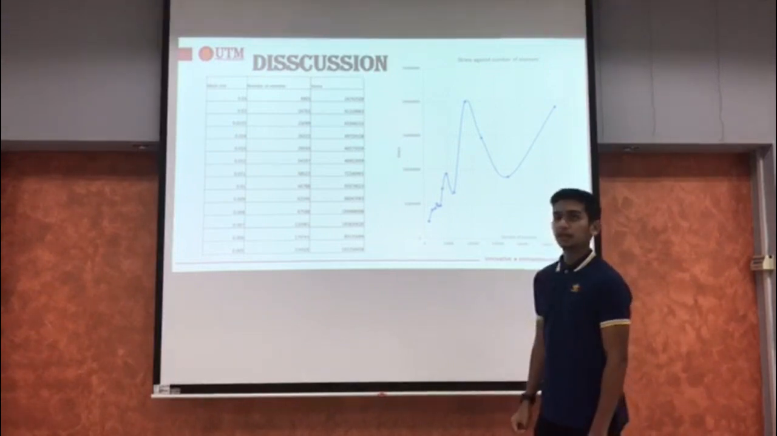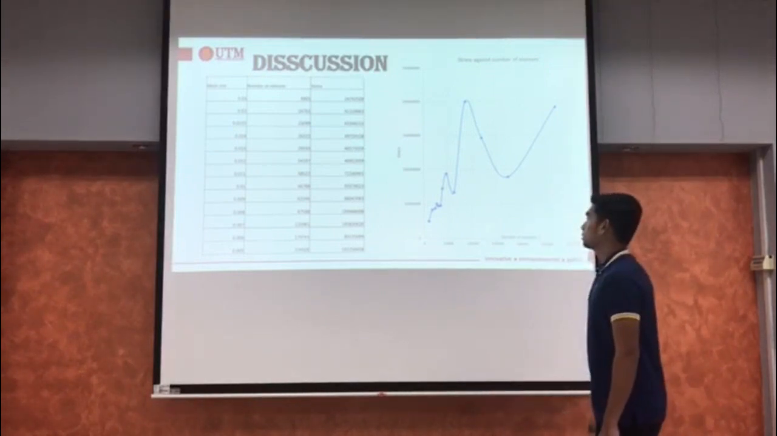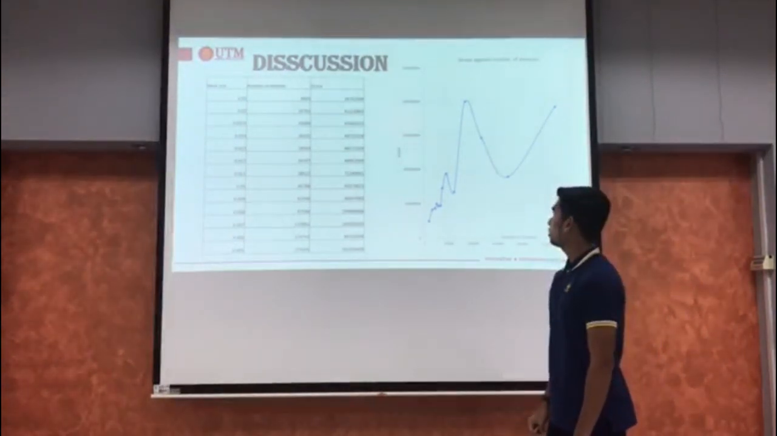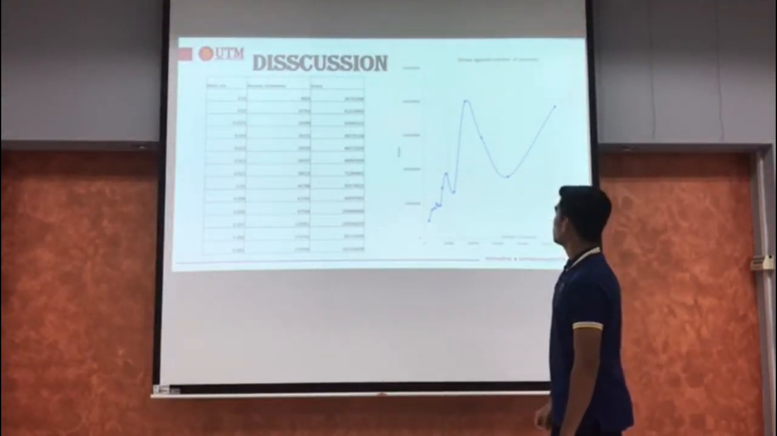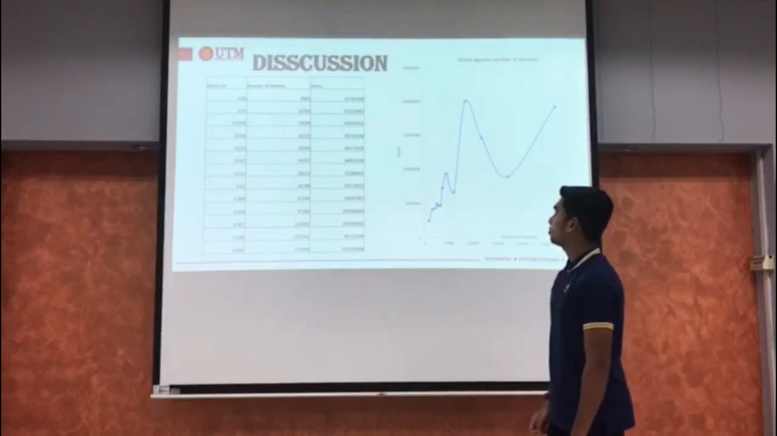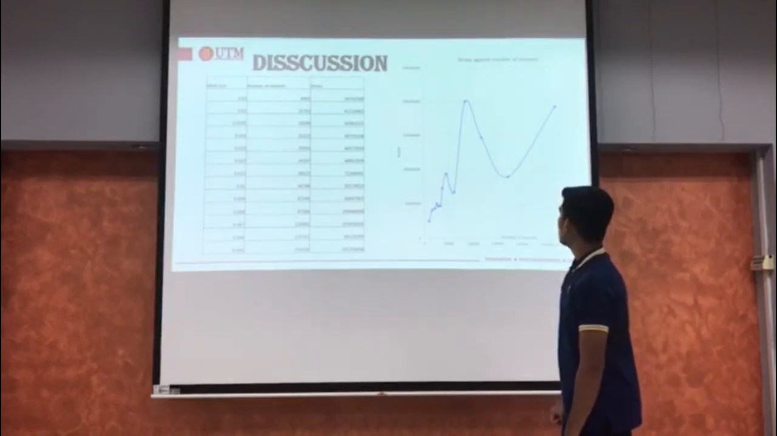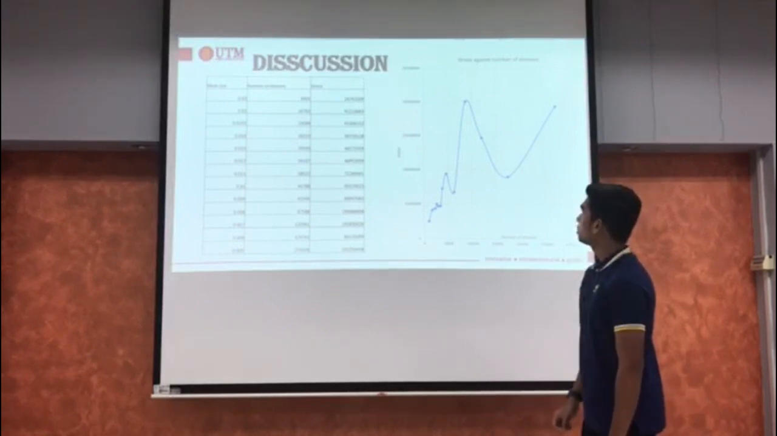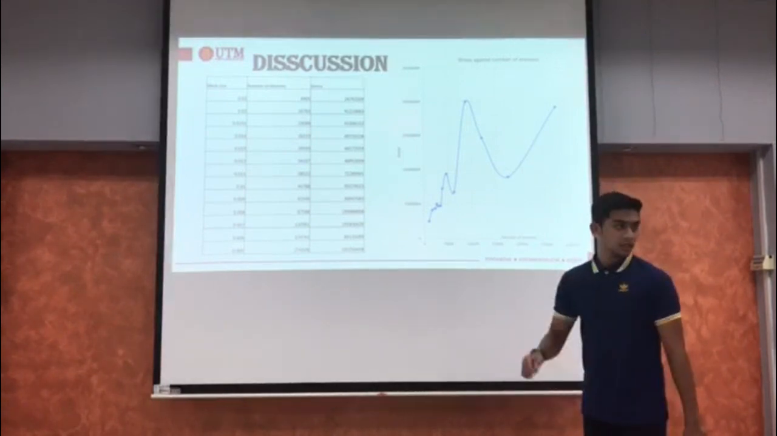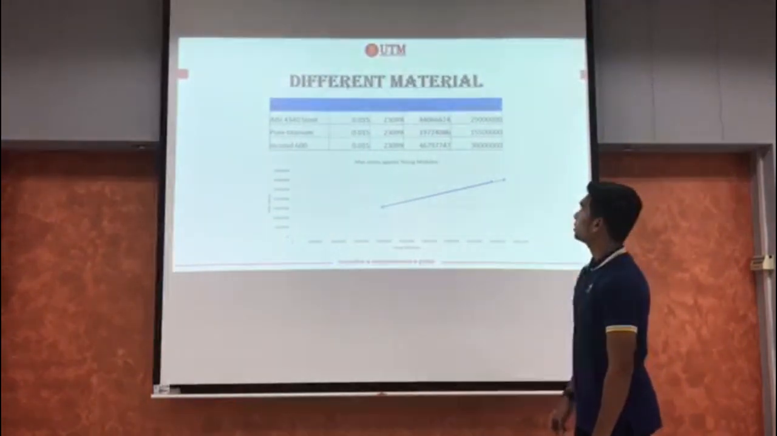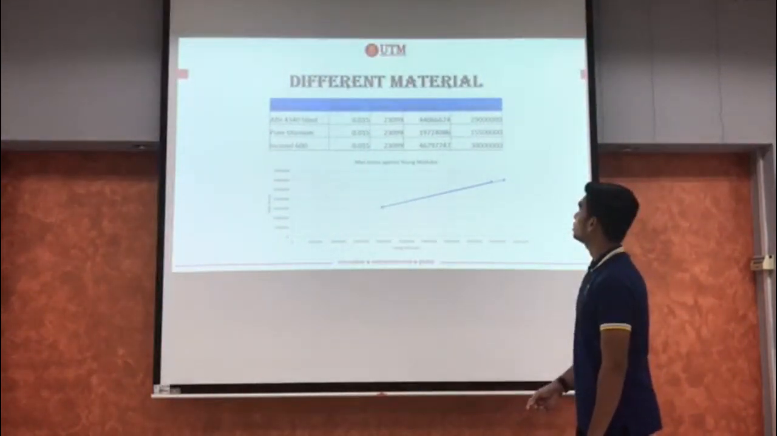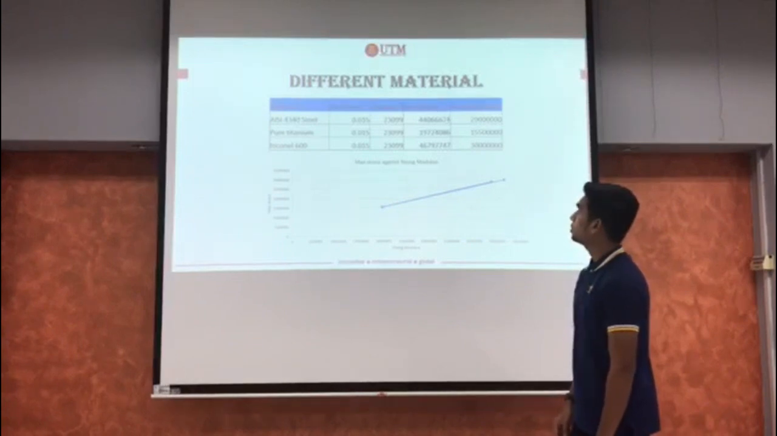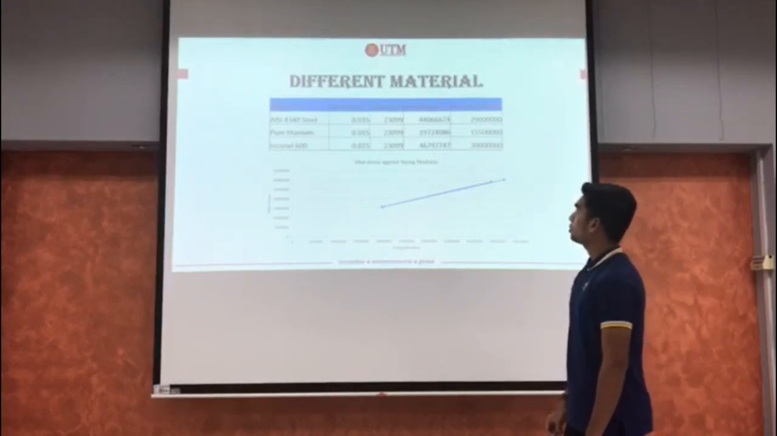We didn't get the constant because the machine took a long time, and we had to stop at the size of mesh 0.05, and then this is our convergence. It fluctuates. So next part is we try to use different materials, that is AISI 4340 steel, pure titanium,